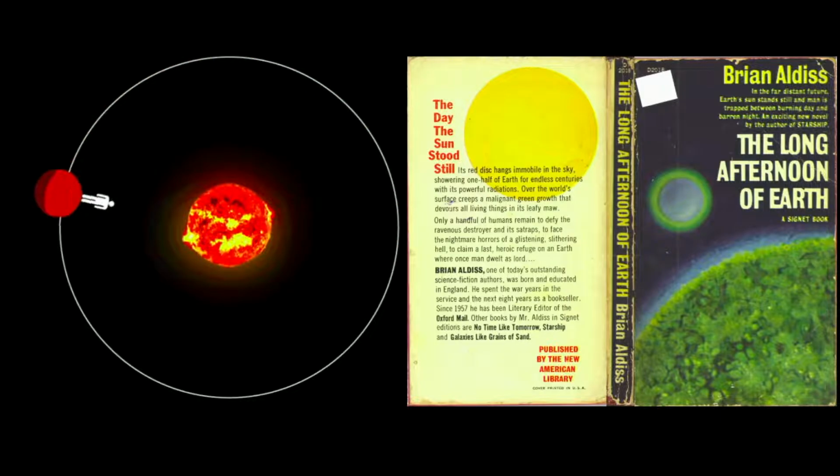Okay, so the early 60s. It has two different titles. It's either Heat House or The Long Afternoon of Earth. The idea is that it's in the distant future of the Earth, and in the view of Aldiss and his knowledge of tides,